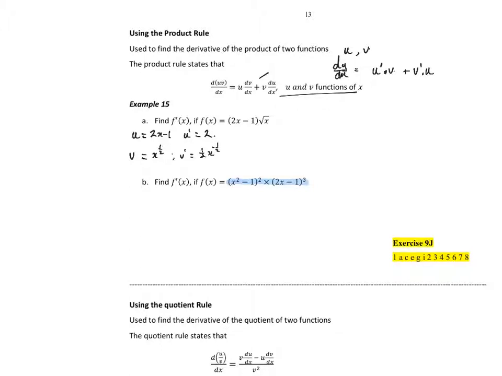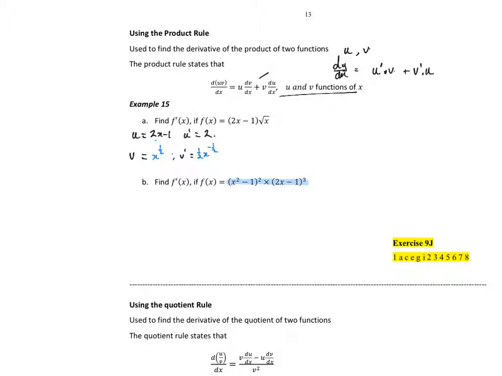So now let's just change them a fraction. I'll put them in different colors to help us. So we said v was equal to x to the half, and v dashed is 1/2 x to the minus a half. All right, because now